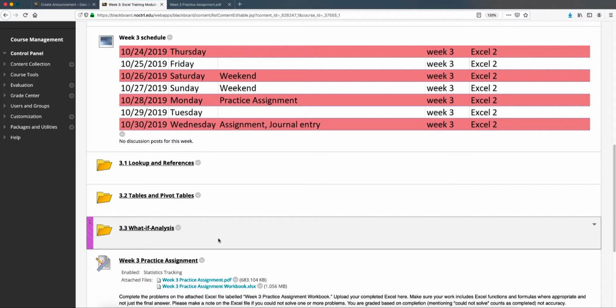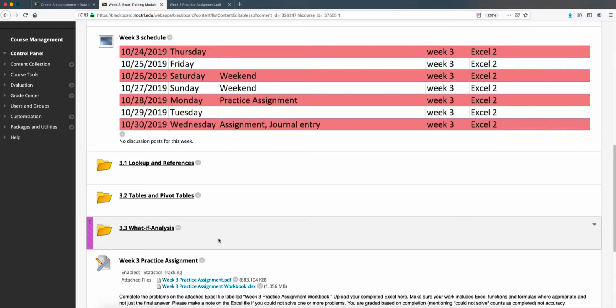But based on your feedback from last week, I think it's better if we split up the material into a more digestible size for each week instead of just giving you a lot of material to look over and not being able to apply it or replicate it. I think it's better if we just slow down a little bit and give you a chance to actually